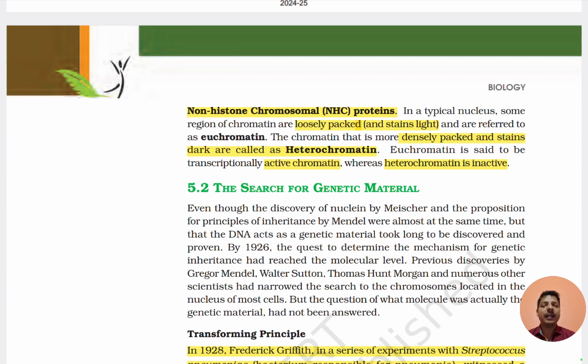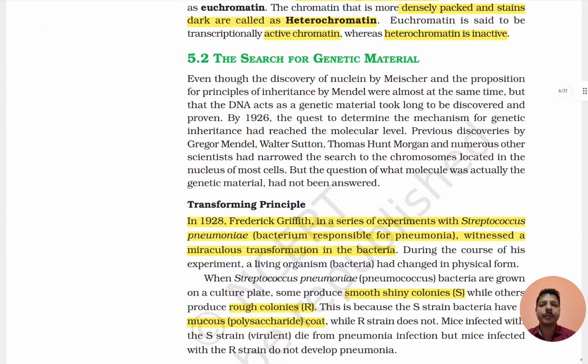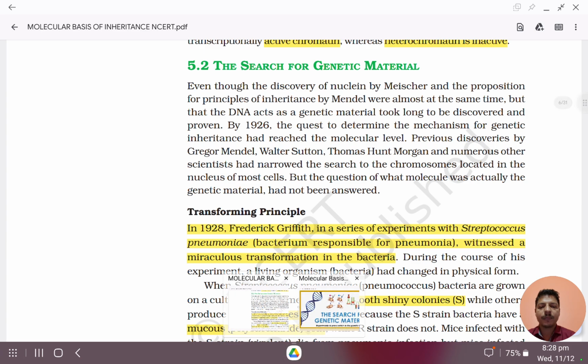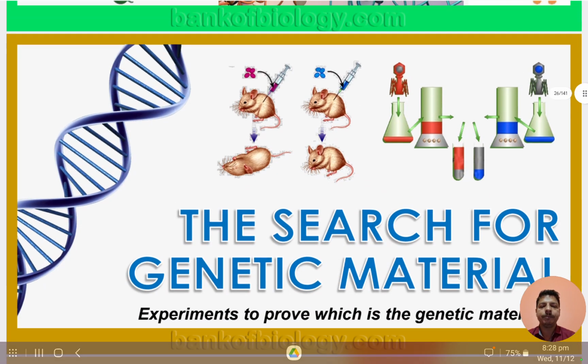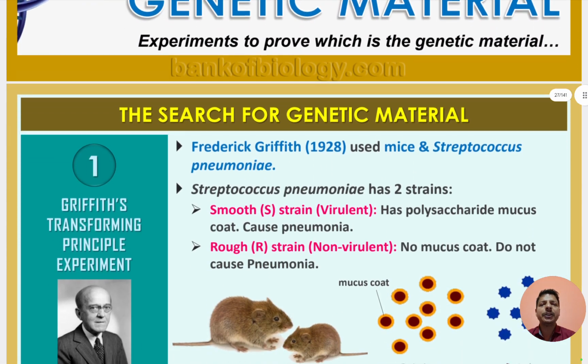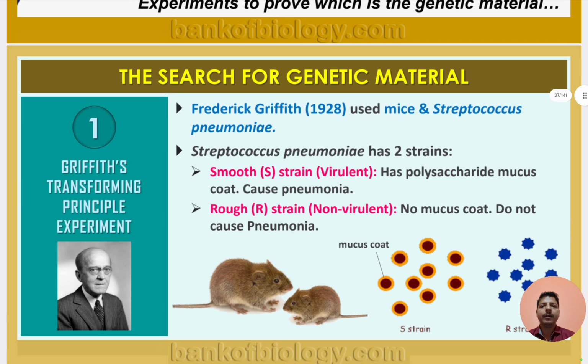Euchromatin is said to be transcriptionally active chromatin, whereas heterochromatin is inactive. Then the search for genetic material. Let's see the PDF. Here, experiments to prove which is the genetic material. So first of all, Griffith's transforming principle experiment, where Frederick Griffith